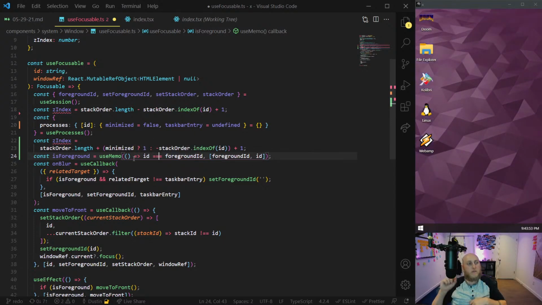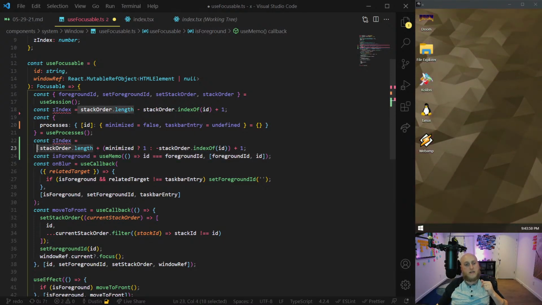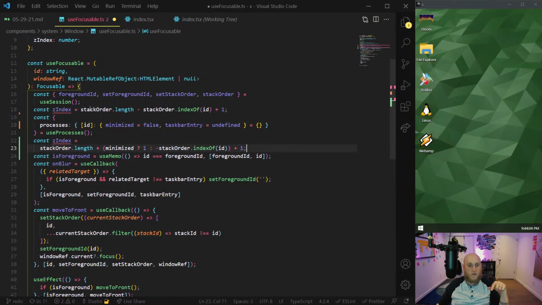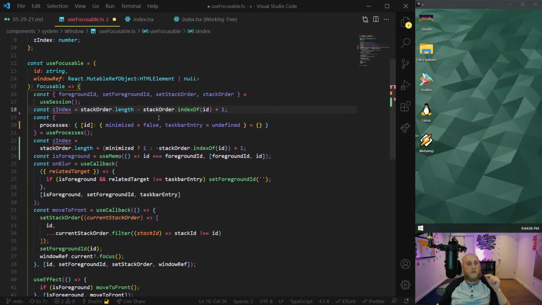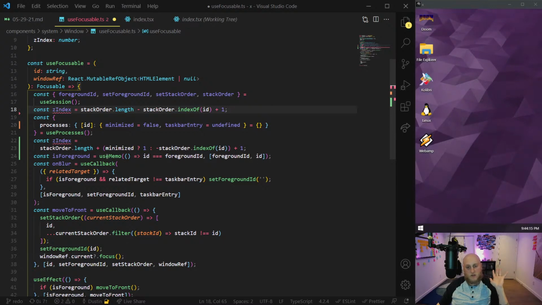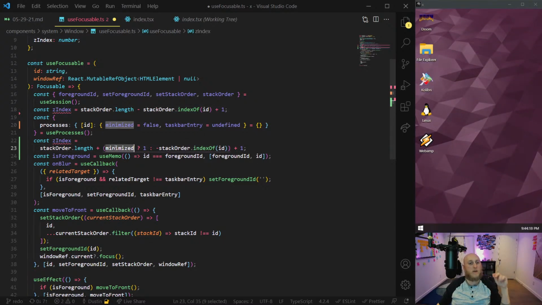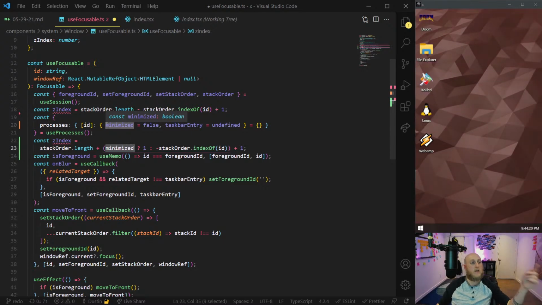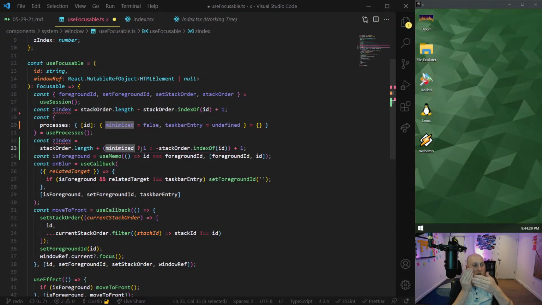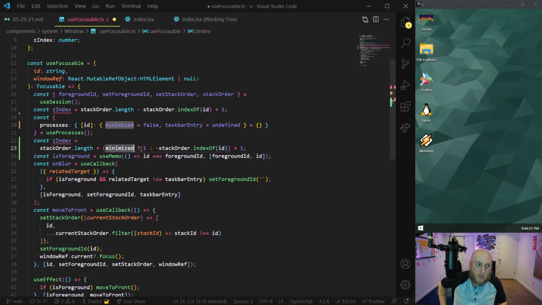Basically the logic here is if it's minimized, I want its z-index to be above anything else. So I want the length of every window plus 1 plus another 1, because here we have the length of every window minus whatever position I am in the z-index plus 1. Why am I doing plus 1? I don't completely remember. That was previous, but basically all I've done is change this logic so that if it's minimized, I know that it stays in front of everything else. The reasoning is that currently when you minimize a window, it automatically changes in the stack. And then as you see it transitioning, all of a sudden it's behind and it doesn't look nice.